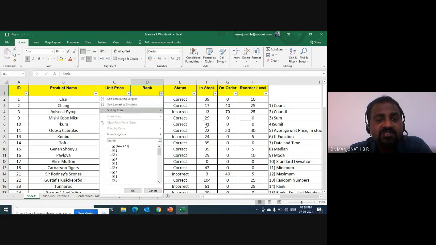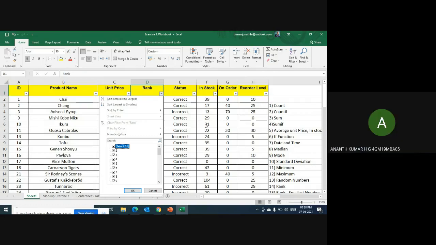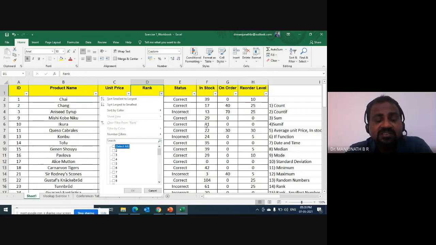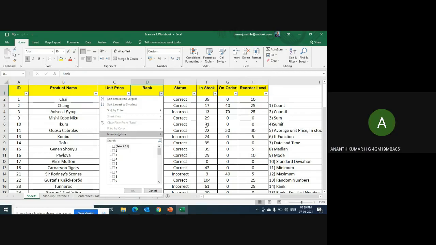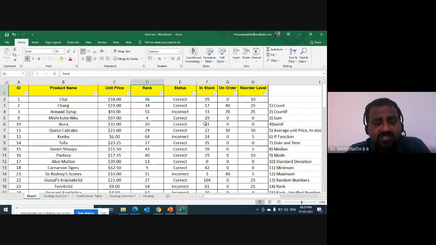Now I'll be using the down arrow key. I'll just go to select all and then I press, what should I press to deselect everything? Space bar. Very good. I press the space bar and I can see here it starts with 2, 3, 4, 5, 6, 7, 8, something like that. You can see here something like this. It has taken till 64. Can you see the rank 1? No, sir. Why is rank 1 not available?